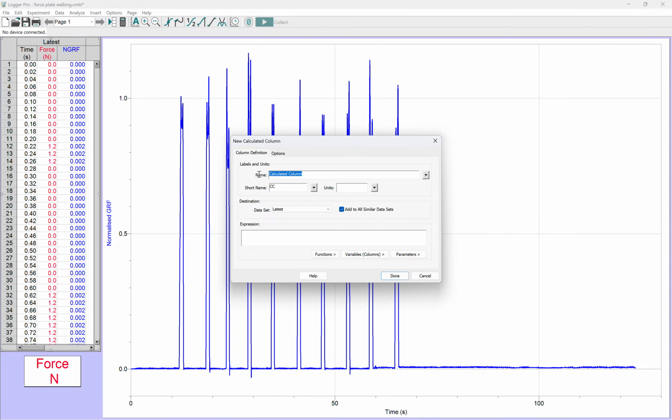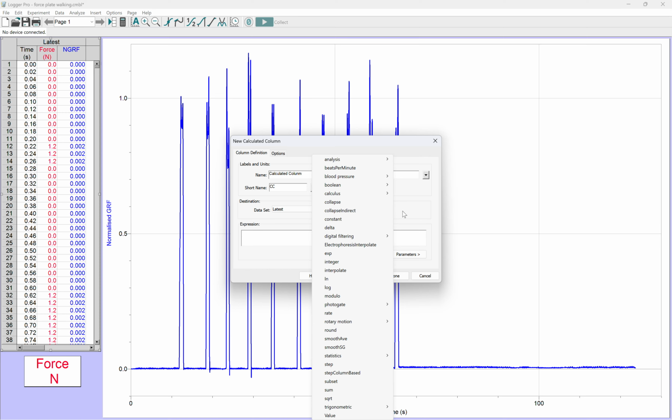Let me give it just a random name, say Calculate Column. If you try to use Fourier transform, then you can go to